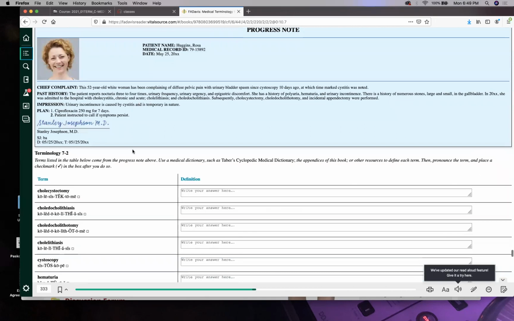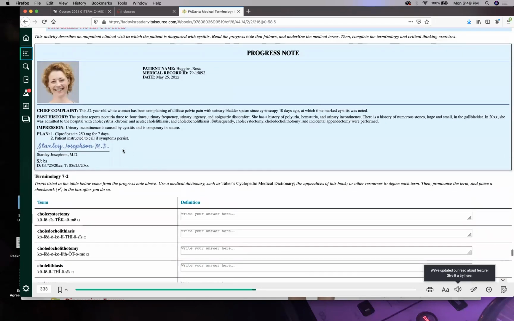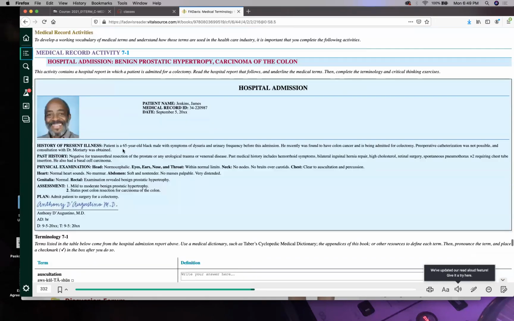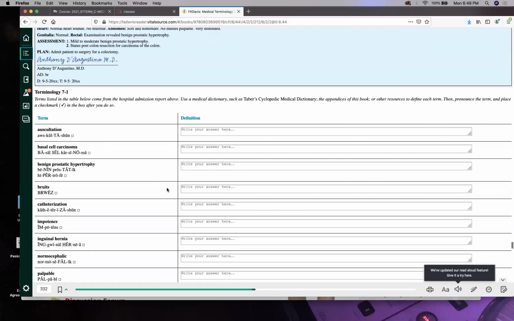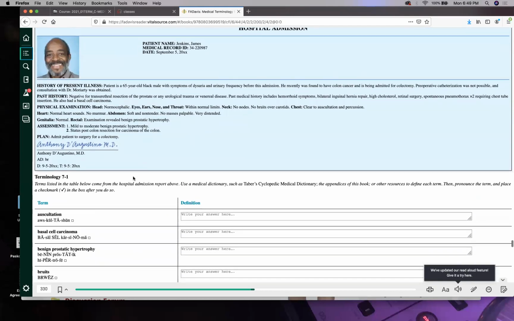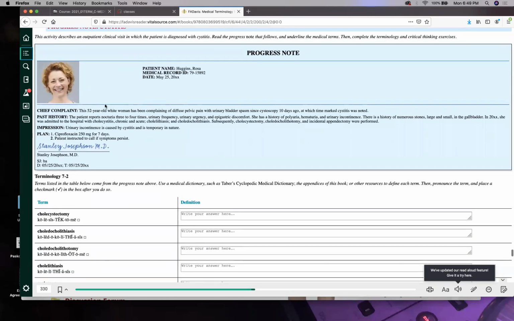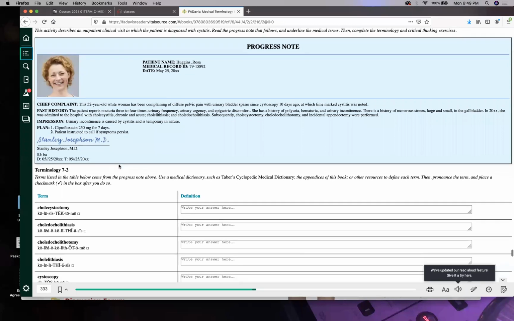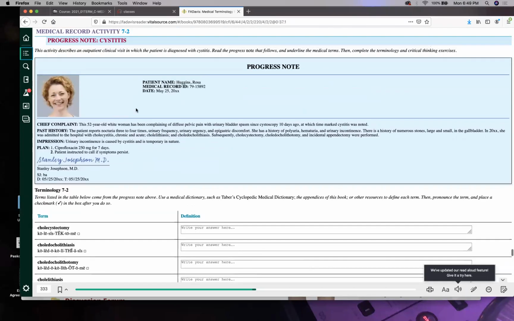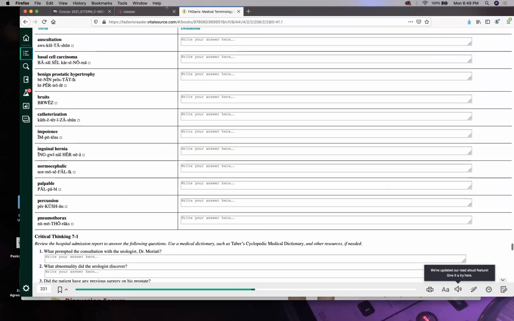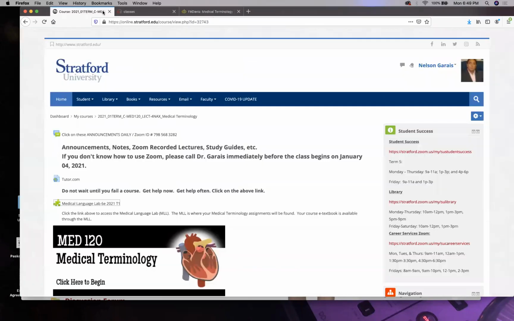So I'll leave the next one to you guys. So that will be your discussion for this week. Rosa Huggins, or maybe you want to do Mr. Jenkins. Either one, pick one. Copy and paste this case, and then give me 5 multiple choice questions relating directly to this case. And that will be your discussion for this week. Let me put it in while I'm here.